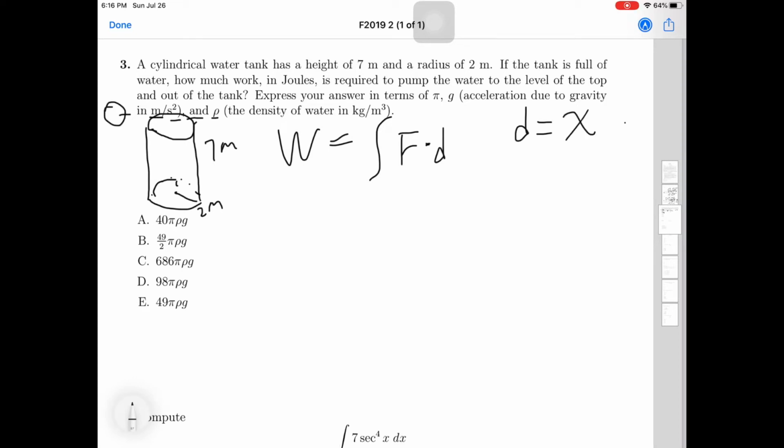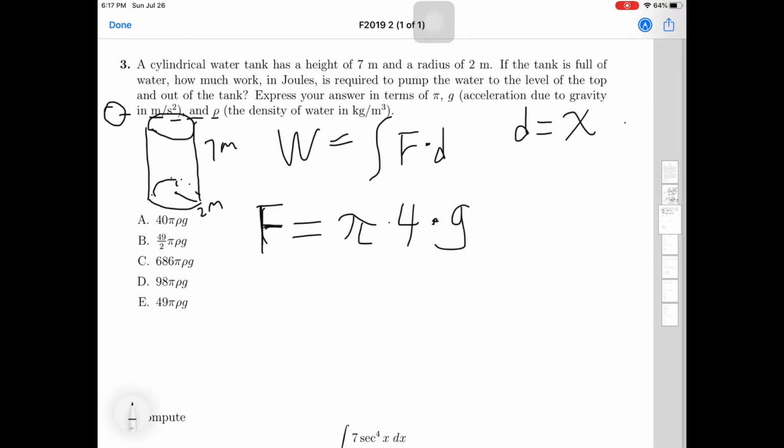So it is x, and then the force would be the force of one slice of the cylinder. So it would be like a circle. One slice would be the area of the circle, which is pi r squared, pi times 4 from 2 squared, times g, the